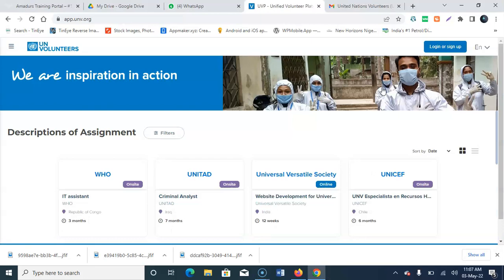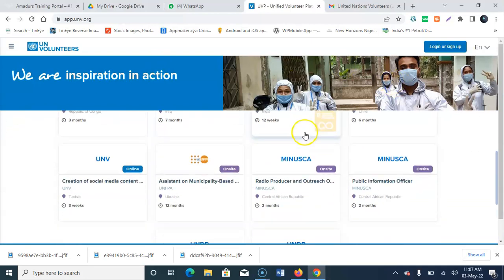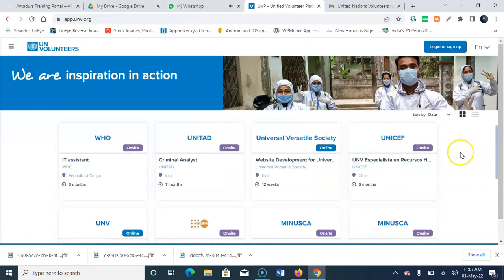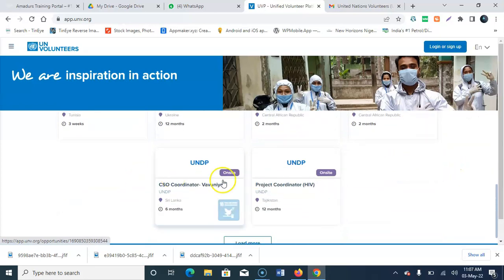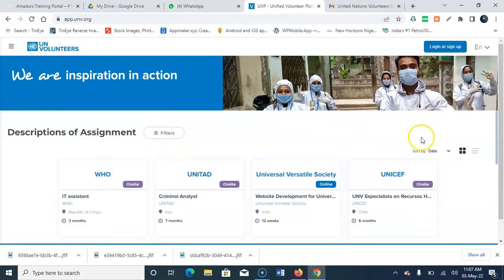So once you click on it, it will bring you here. You can actually get to see some inspiration in partnership, in action as well, with all the partners that are working with the UN. So you can see all that. But that's not why we're here. Why we're here again is to make sure that we have this section here. So you click on this section, all right, again. So click, it will now open.